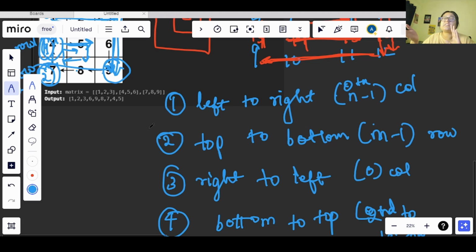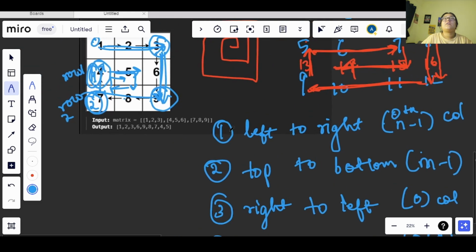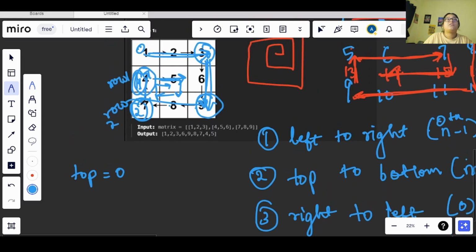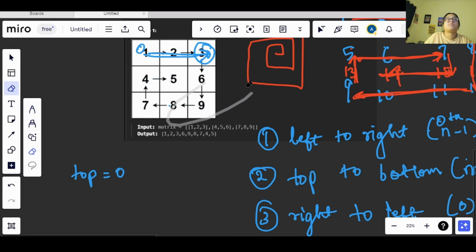And what is the easier way to iterate like this? So let's say we have initialized all the values. We have top, which is initialized with 0, right? And the bottom, the last row, will be initialized with m minus 1.